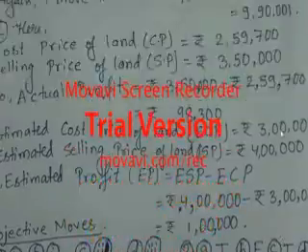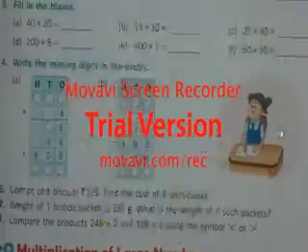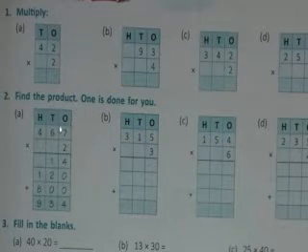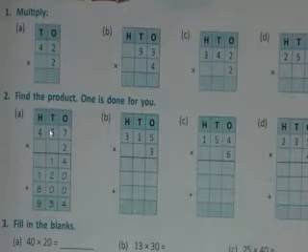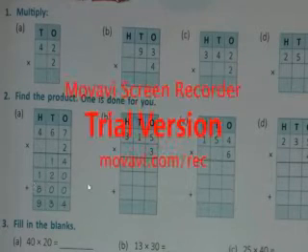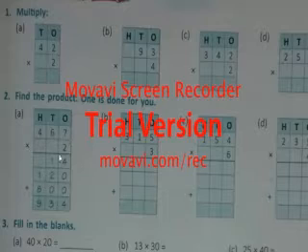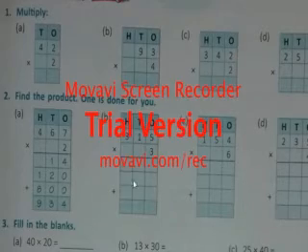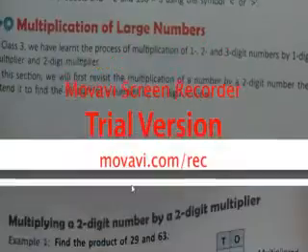And if you see in question number 2, it is said find the product. 1 is done for you, that means 1 has been shown. You have to do the same, like 7 2 is 14, 14 written, then after 6 2 is 12, that means it is 60. So 60 into 2 becomes 120, 60 plus 60 is 120. Or in 60 into 2, after 1 digit you keep 10, and 6 2 is 12 you can write. In the same way 6 4 is 24, after 2 digits there, so 20, and 4 2 is 8 will be there. So now I added 4, 213, 819. In the same way I made the other 3 questions. You can see over here.